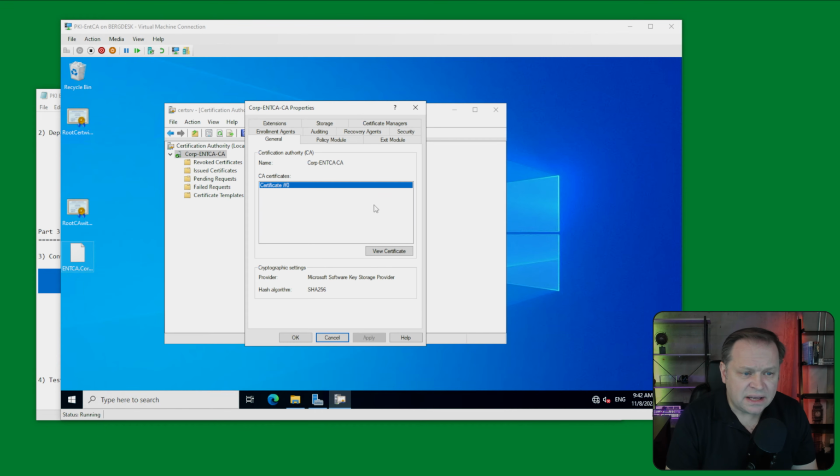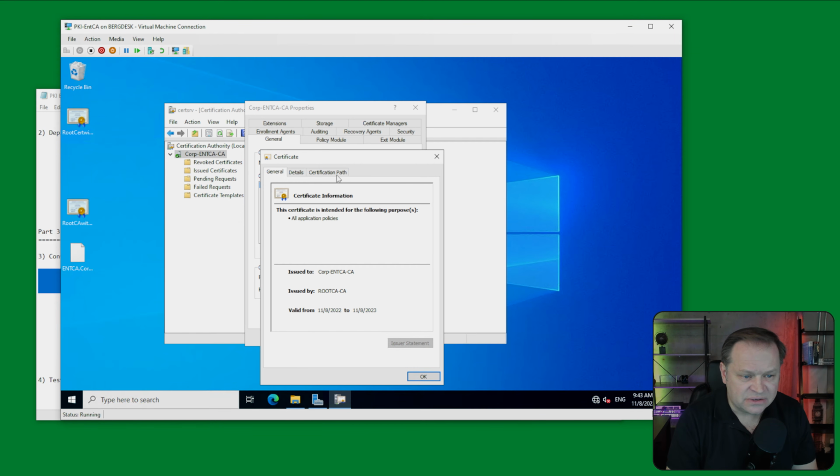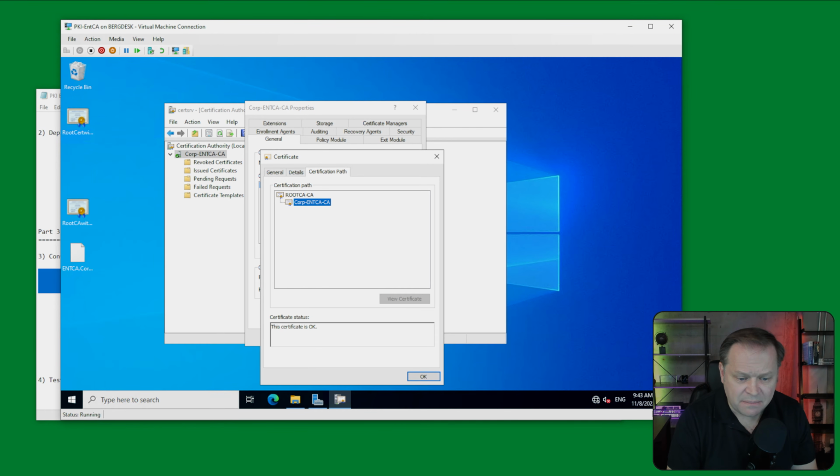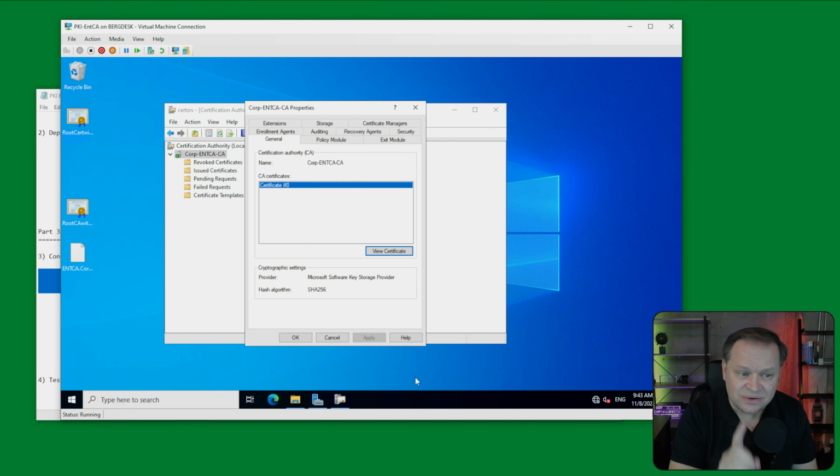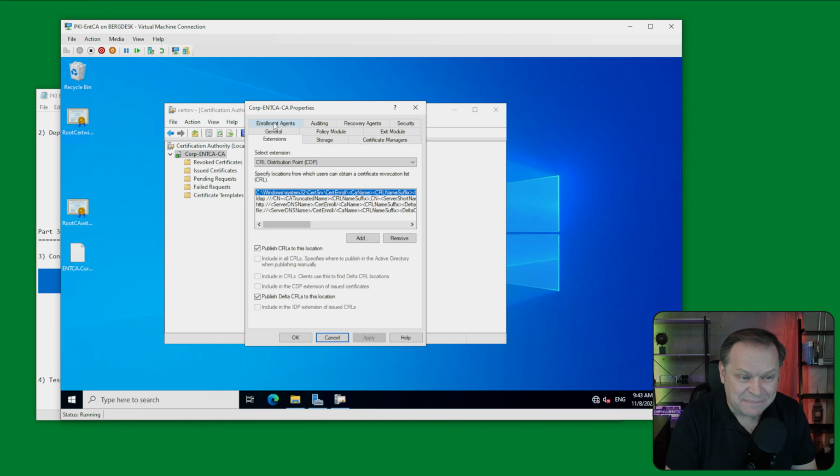There's my certificate. You'll see that I can view this. This is the one that grants me all the special authority. I could take a breeze through the properties as seen from the surface. And there's my path showing me my full PKI hierarchy. Fantastic. But what I need to do is expand some additional extensions to expand my CRL and